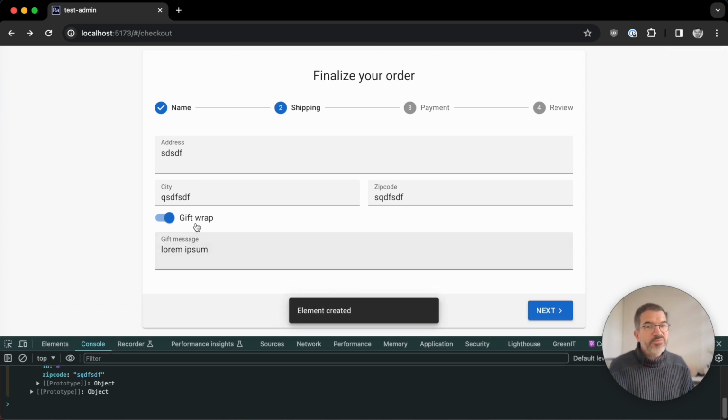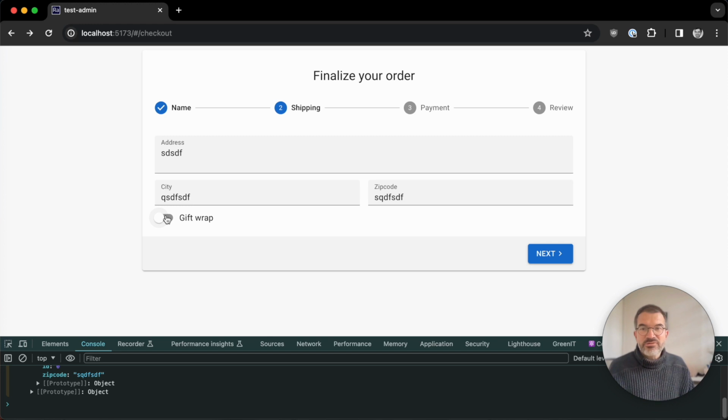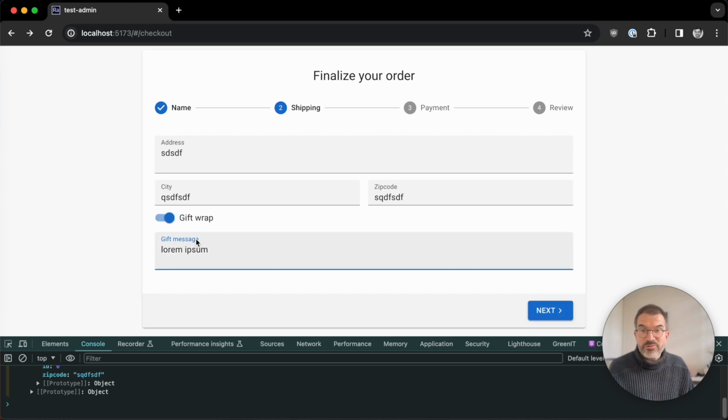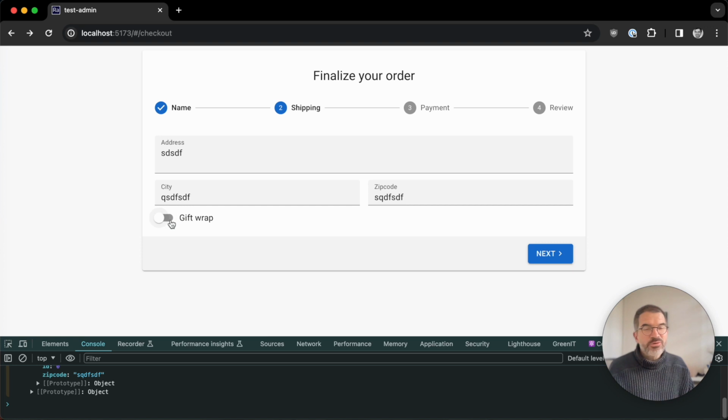But there is a problem. If I unselect the gift wrap and select it again, you will see that the gift message here is still entered. That's the old value. And that's because when I hide the input, React Hook Form doesn't unregister the input and keeps the value in the form state.